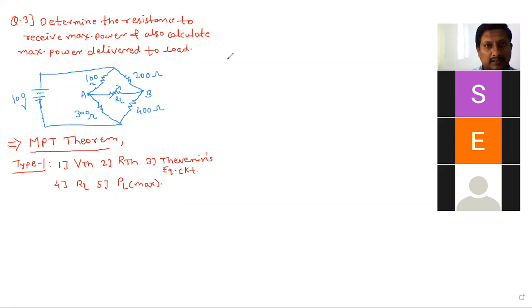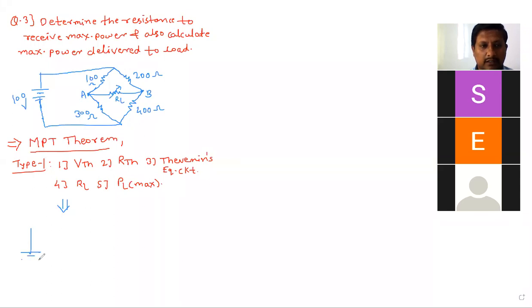Now here the circuit is in a different structure. As a structure it is a little different. So first what we can do, we can remove the load resistor and we can make A and B terminals open. That is our first step. And we can convert this circuit into a simple rectangular circuit. We are used to rectangular circuits. We can convert any circuit into rectangular. We can try at least.